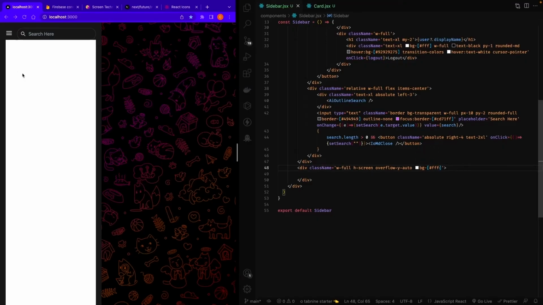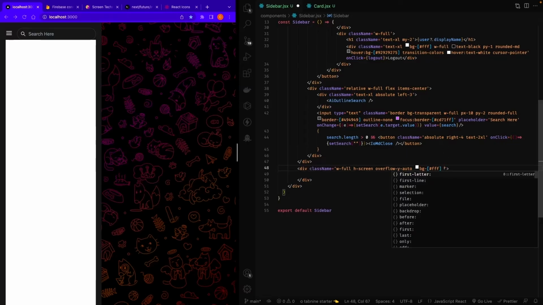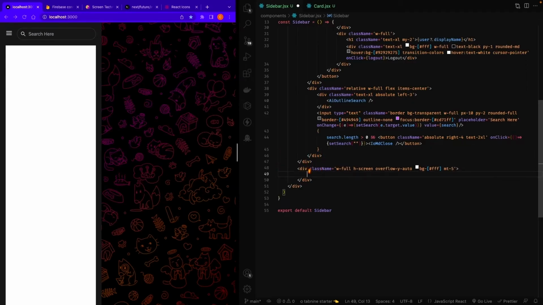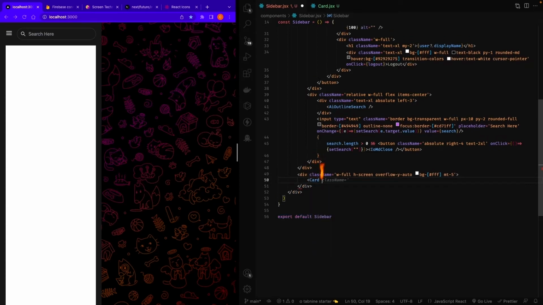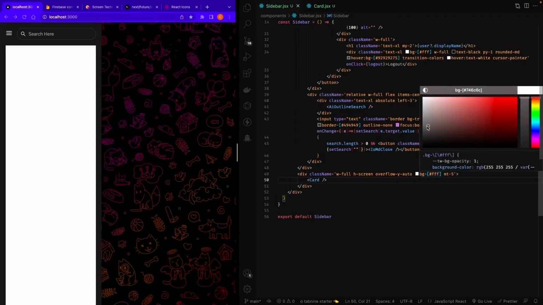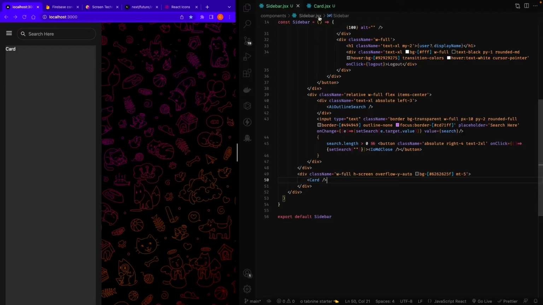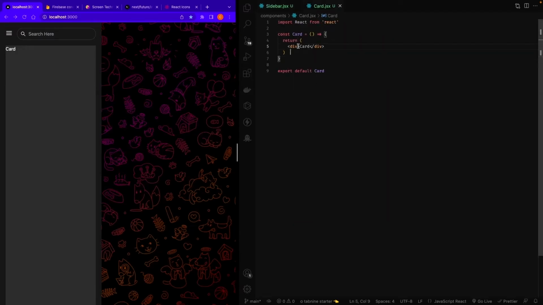So to see the changes, you can see this thing. Now I want like my-5, maybe like mt-5, right? This looks nice. Now what I can do is inside this I'm going to display my card components. So just like this, card, save this thing. Now I'm just going to give it something of this type of colors for right now. Come to this point, I'm going to give it a class of w-full, and